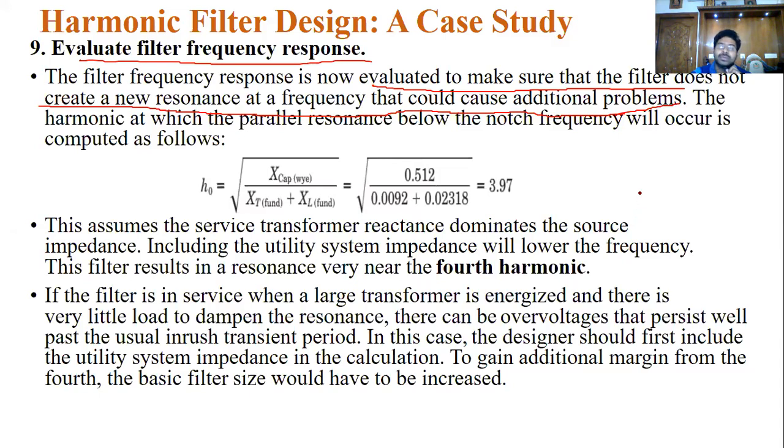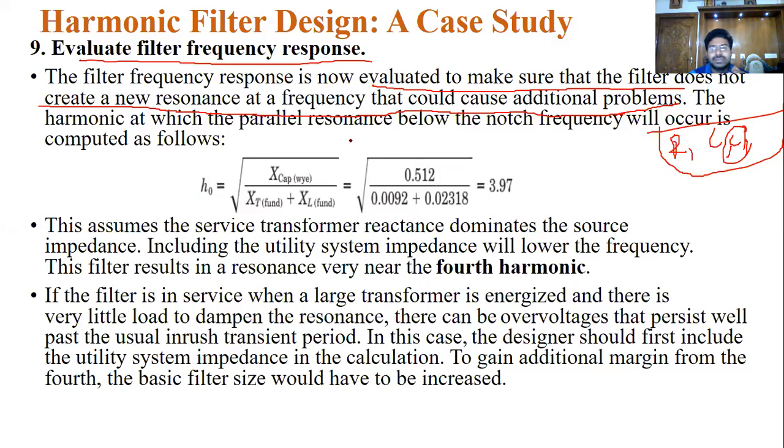Nothing but one of the problems of using this filter is the resonance problem. How is that problem developed in the system? It is because of improper capacitance values. So that's why the designing of the parameter values, the R, L, C values, is very important in the filter calculations. While designing this filter, these filters should not once again generate resonances in the system. That resonance is mainly what causes transformer failures.